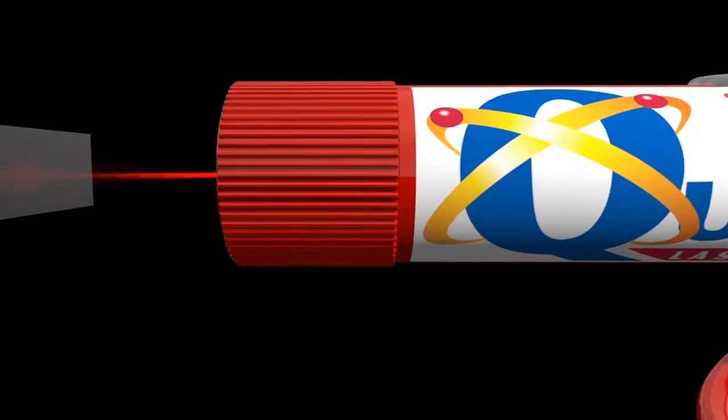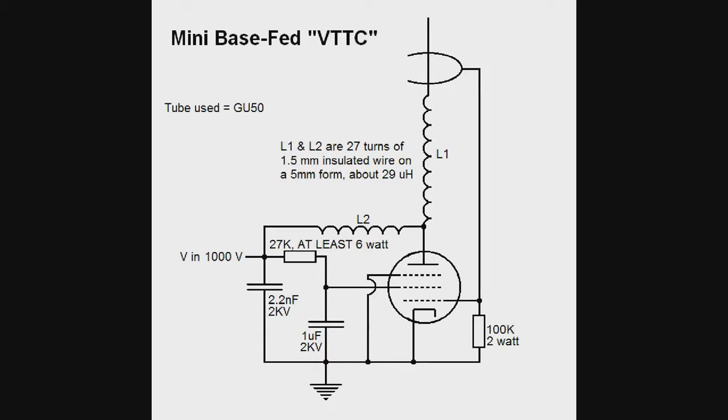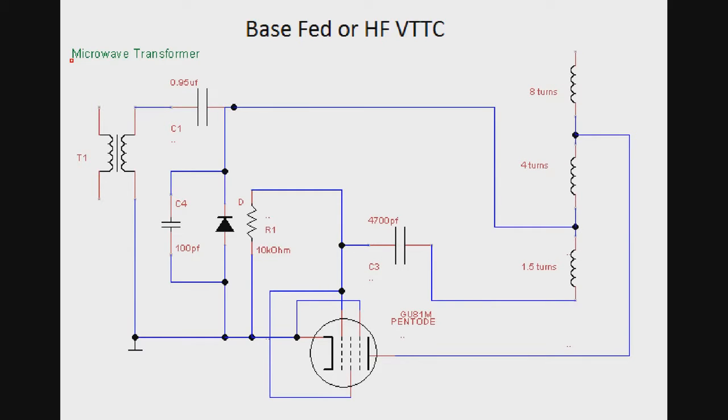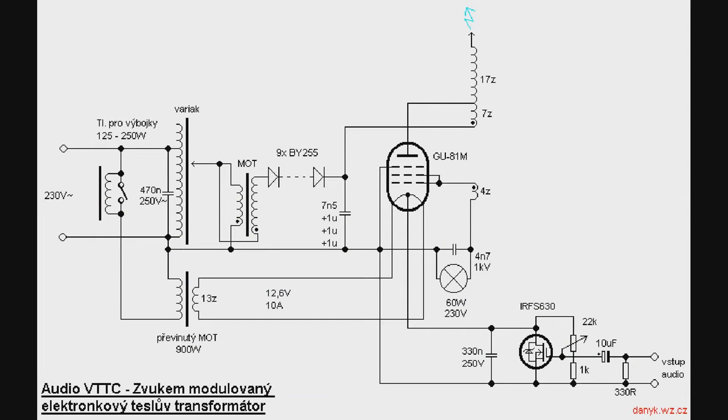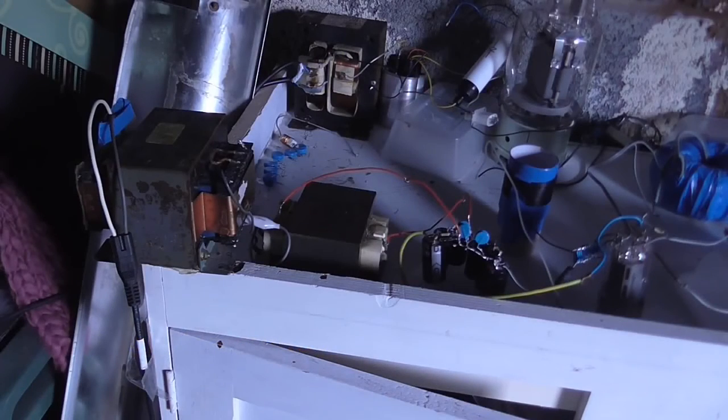3 high-frequency vacuum tube Tesla coil circuits. There's this one here, which is one of my own designs. And then there's this one here, which I haven't really had much luck with, but maybe this time will be the charm. And finally, this circuit, which can also do audio modulation. Anyway, enough waffle, so let's go into the shed and test out these circuits. Okay, so about to do the little plasma